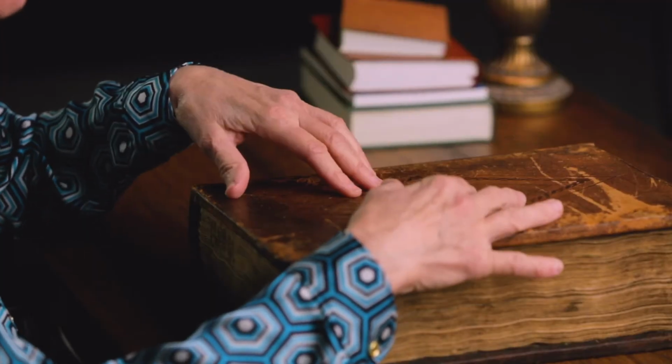And among them, there were several that specialized in Bible printing. Most of them were in the German-speaking world. There was Lyon in France, and there was Venice in Italy. This was printed in Venice. It's a Latin Bible,